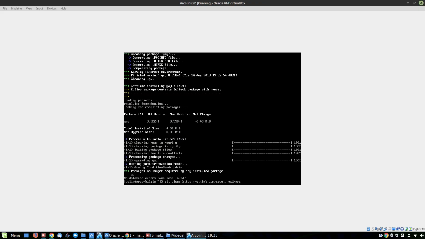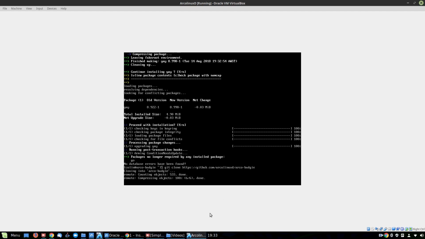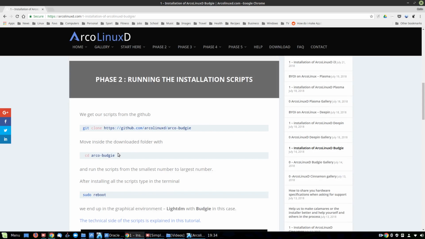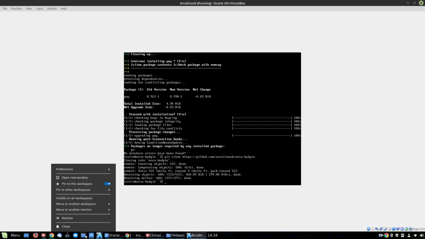/arco-budgie. Enter that. Okay, so that has pulled down the ArcolinuxD folder from GitHub. So just to show you how that works,